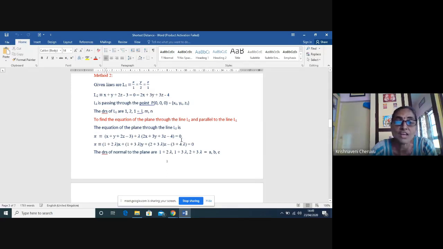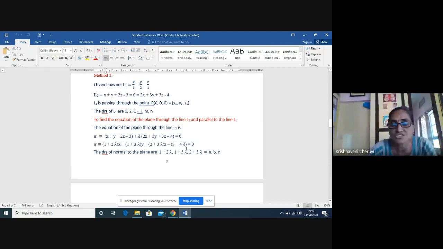This is a very, very important formula, as I said earlier. See, here we are using it. So this pi is the equation of the plane through the line of intersection of these two planes, meaning through the line L2. So to find out lambda now, what you have to do is